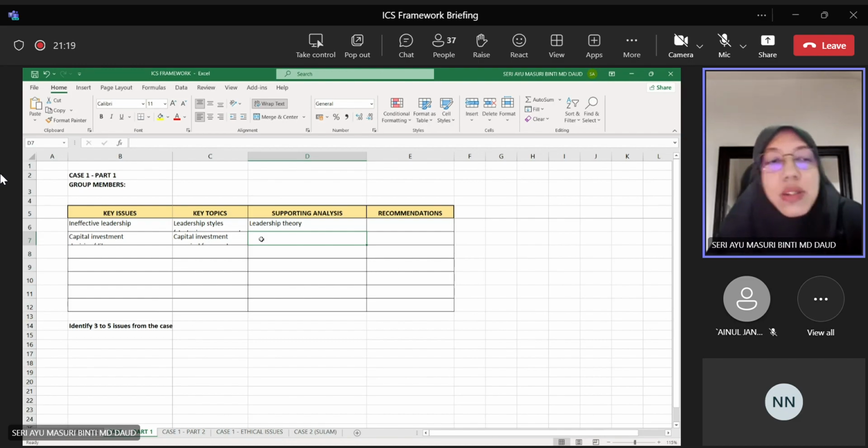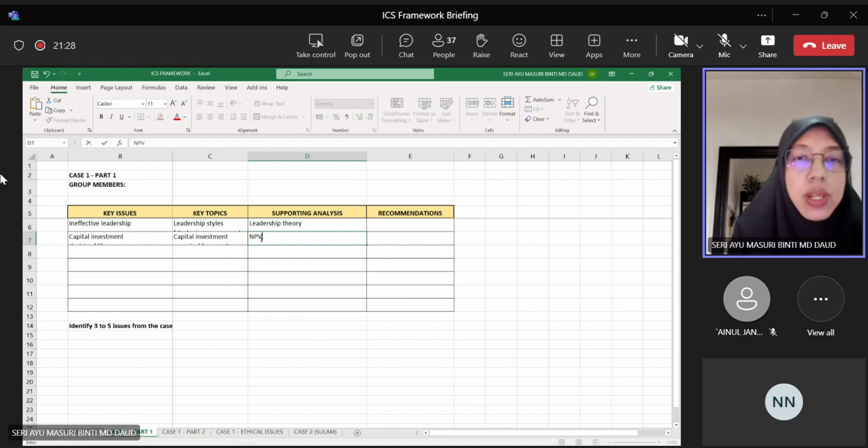Supporting analysis does not mean that you have to choose one. You can use a combination of multiple analyses. For example, you say you want to use NPV, discounted cash flow method, and then you also want to use ROI, return on investment, together with NPV. On top of that, you also want to use, let's say, payback period as the first screening method, for example. This is non-discounted